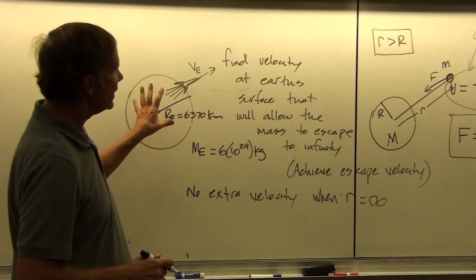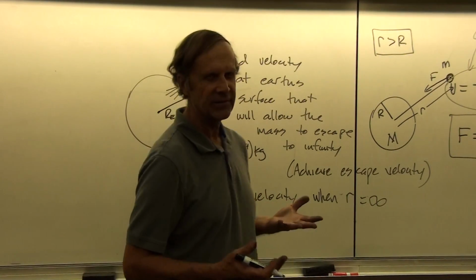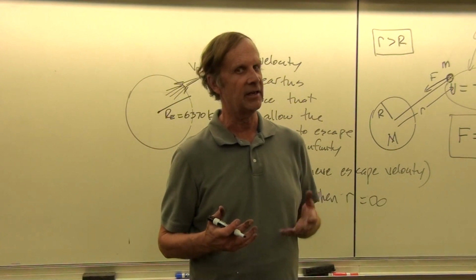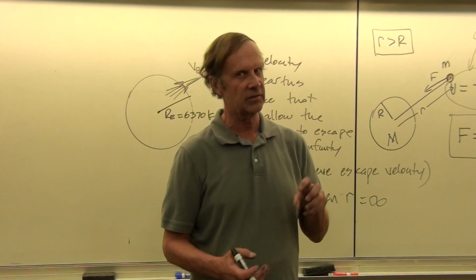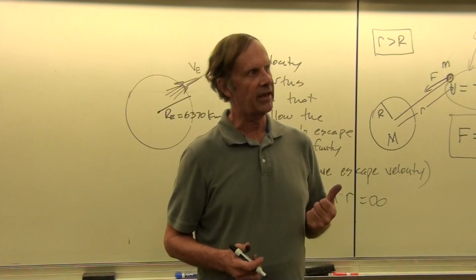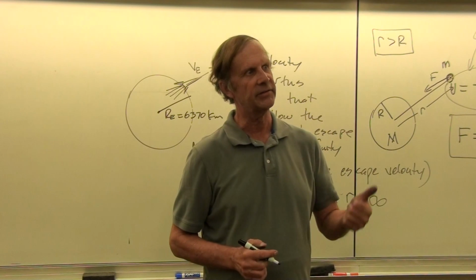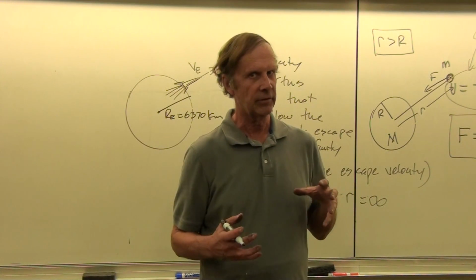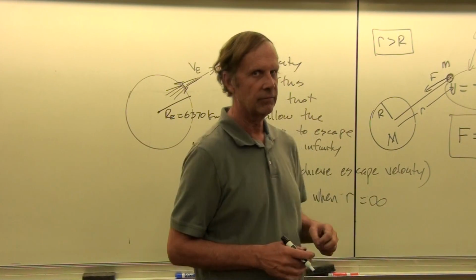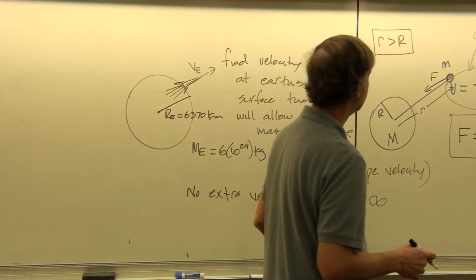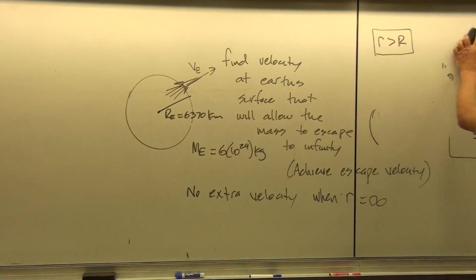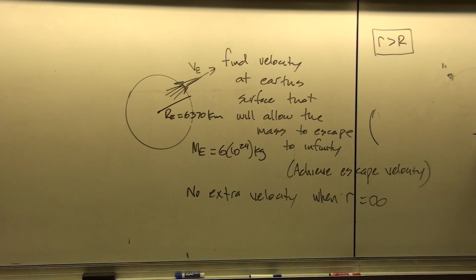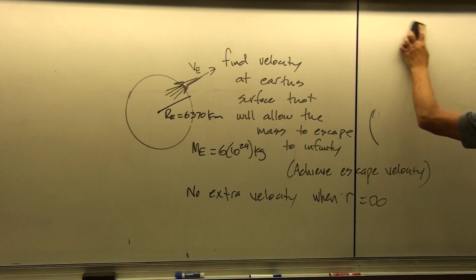Okay, so this concept is important. Even though a mass is never going to quite get to infinity, we can still use this to say, how fast do we have to get this object going so that it will escape the influence of the gravitational pull of a given planet. It doesn't have to be the Earth. So what we need then is an adapted version of the energy equation.